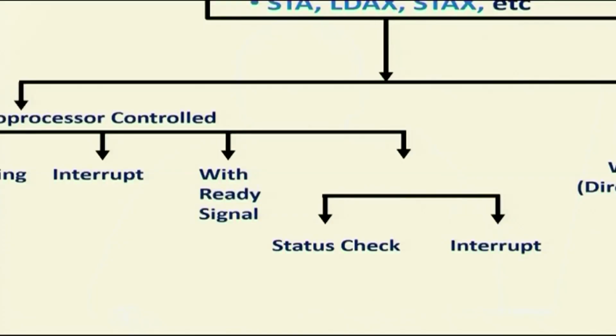How is the ADC processed with the peripheral? Suppose it is connected with the status check. In the status check, every so often it will check the status of the ADC converter. In this mode of data transfer, the microprocessor checks, say every 1 millisecond, the status of the ADC, whether the data is converted or not. So, repeatedly it will read even the wrong data. That is the status check.